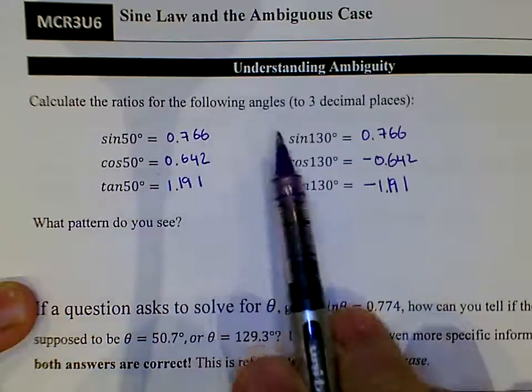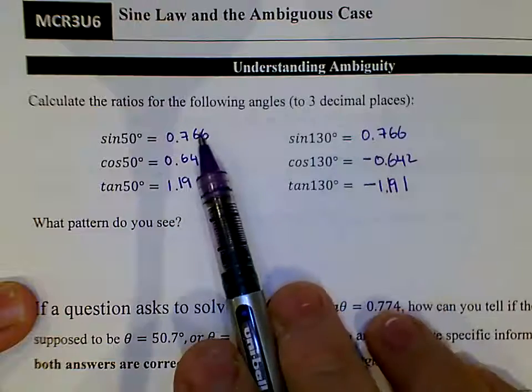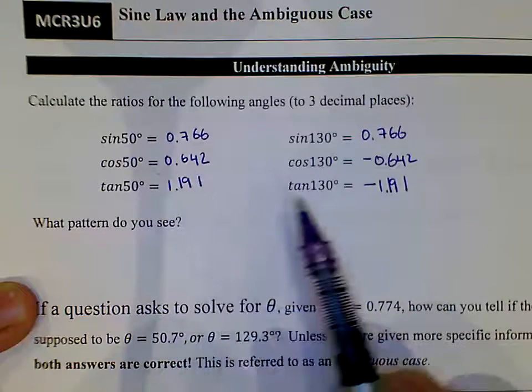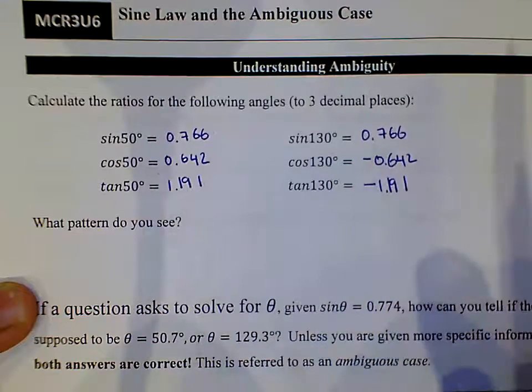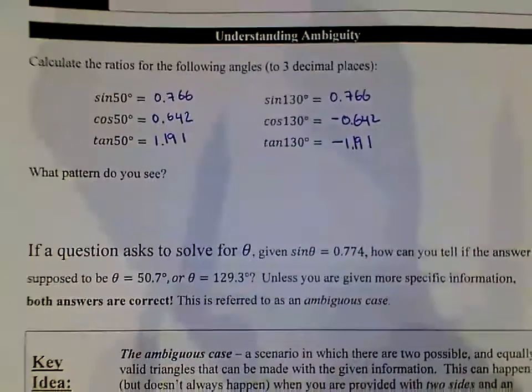Well, it looks like sine of 50 and sine of 130, those two angles produce the same ratio. Similar thing for cosine and tan, except there's a reversal in sine. So they are asking a question below. They say,